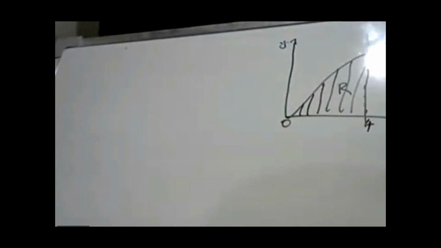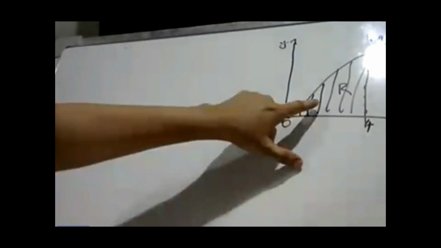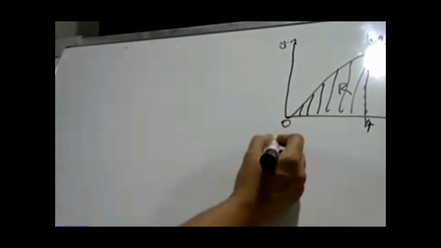So here C is the curve and R is the region bounded by the curve C, the x-axis, and x equals 4. This line is x equals 4. We are asked to show that the area of this region R is given by